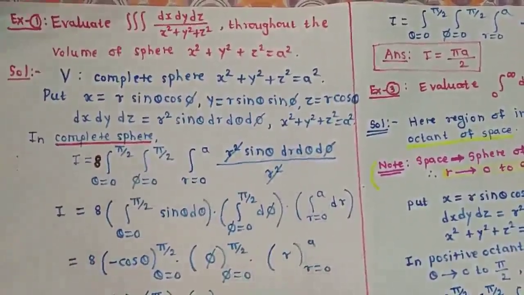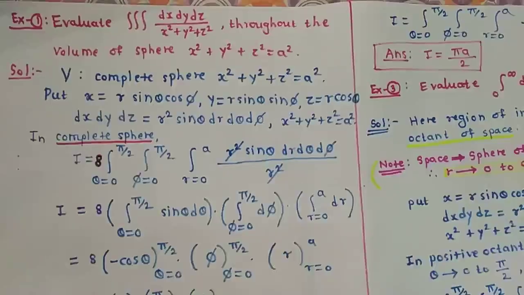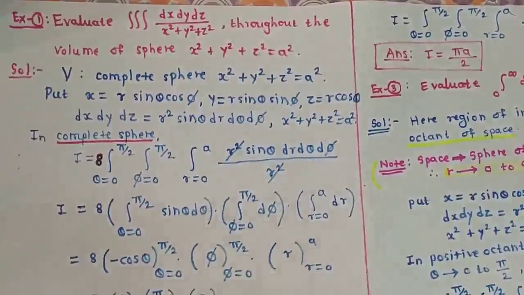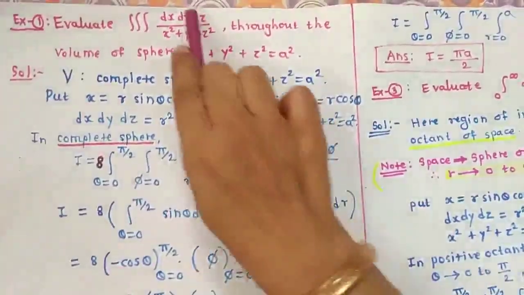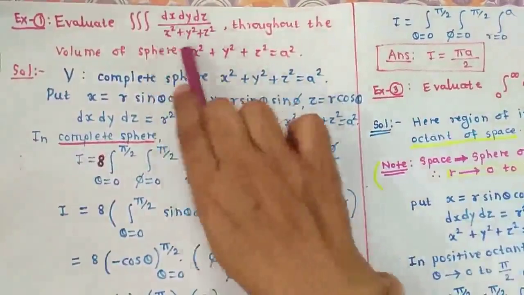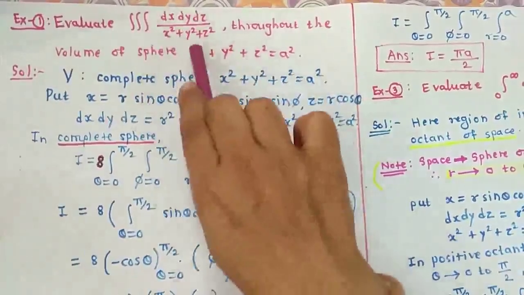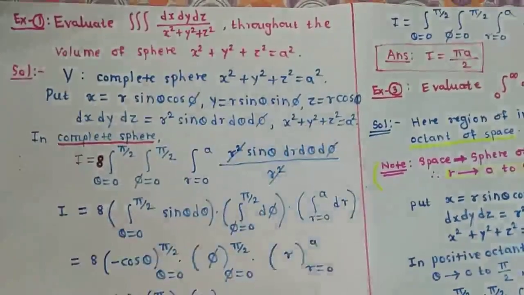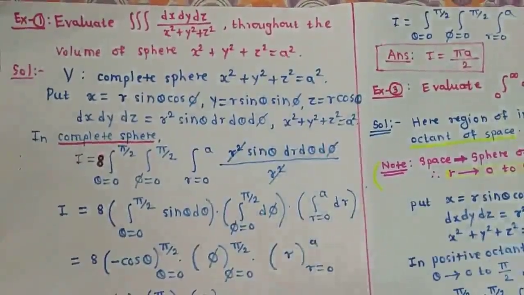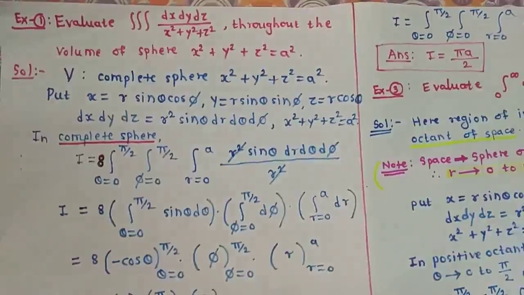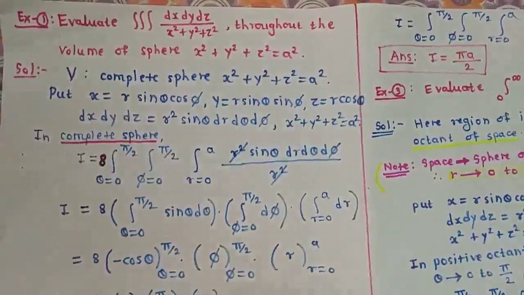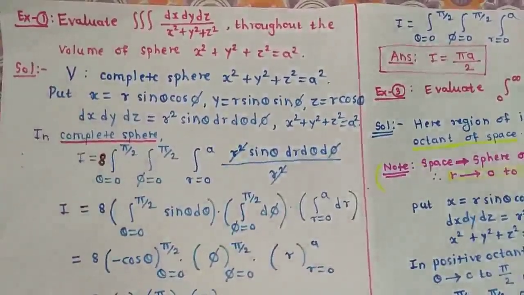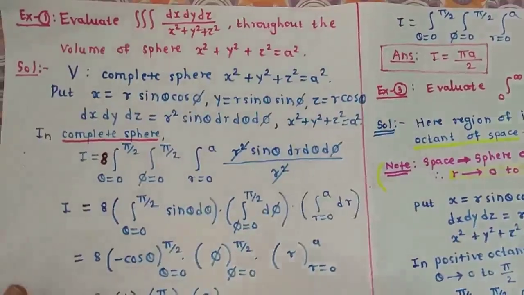Before that, when we have to use this spherical polar substitution, once again I repeat it. If the integrand, meaning the term which is integrated, involves x square plus y square plus z square, then we use spherical polar substitution. First thing. Second thing, if our region of integration is in spherical form or in terms of a sphere, then we have to use spherical polar substitution. Remember these two important things. Okay, now turn towards the example.